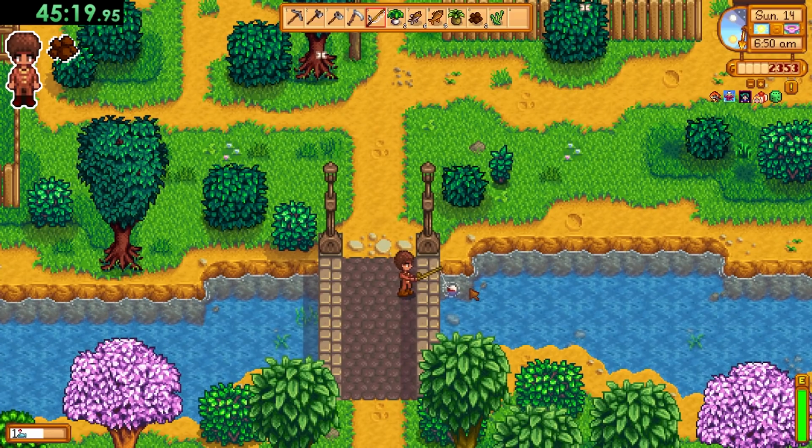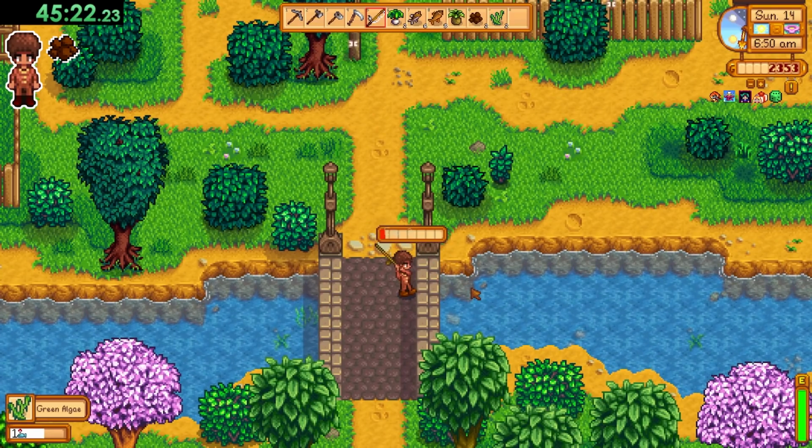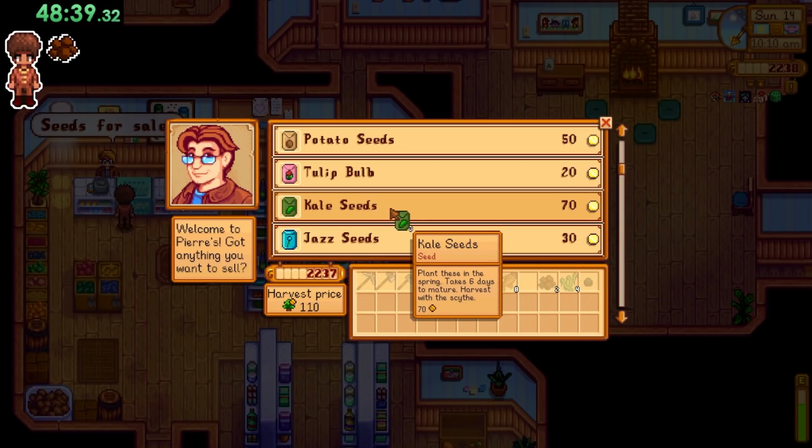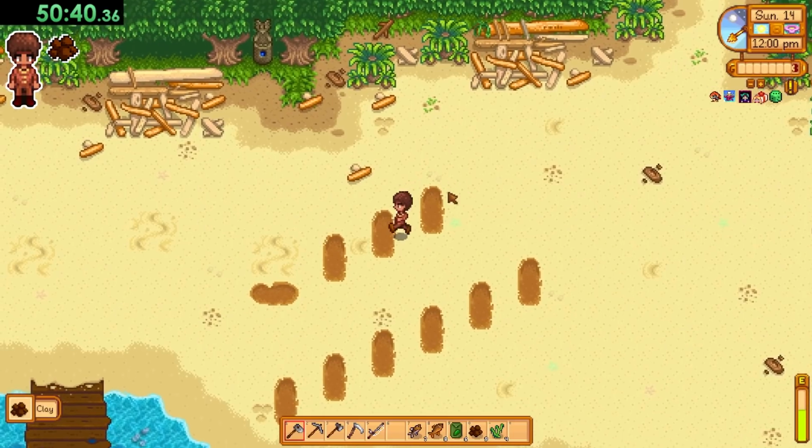The next day, I fished to level 2, continuing to chip away at my fishing level, and also so that I'd have some food in my bags for energy. I then bought the remaining kale I needed to reach level 2 farming, and then continued my clay shenanigans for